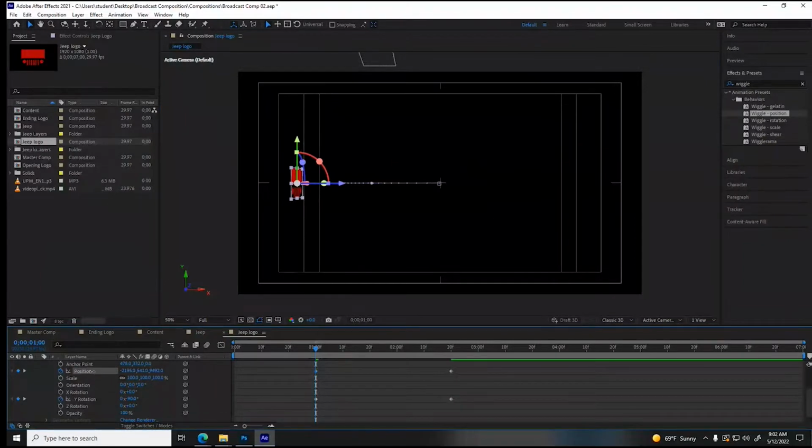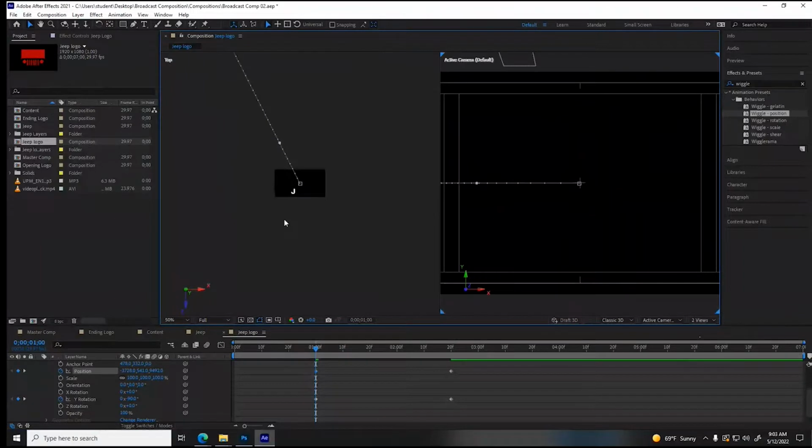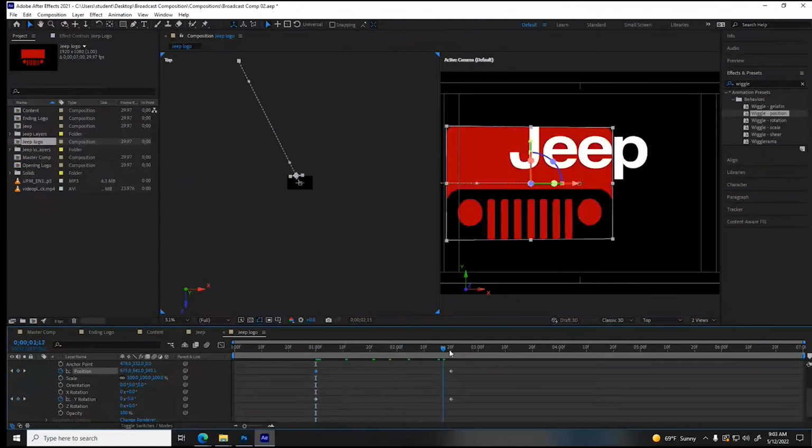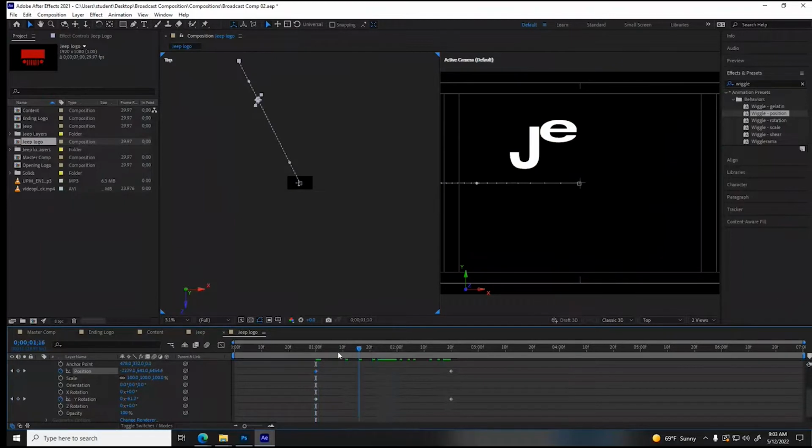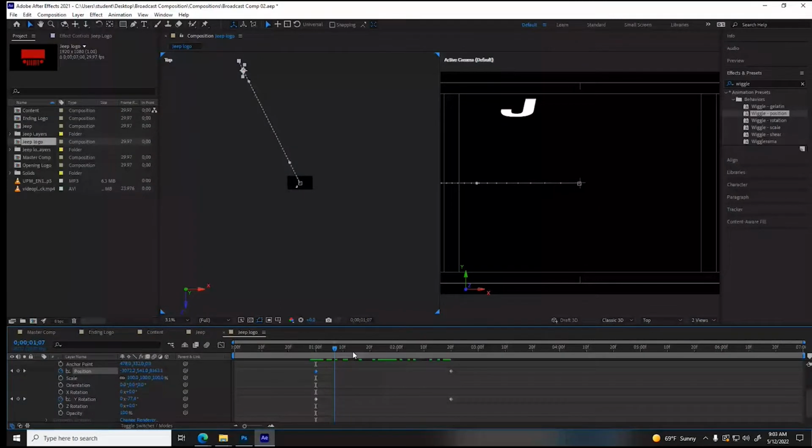So it's going to look like it's driving towards the screen. So this might be a good view for 2. This one is going to be top, yes. You can see now, here's my Jeep as it, but I want it halfway here. Halfway here, I want this to be,